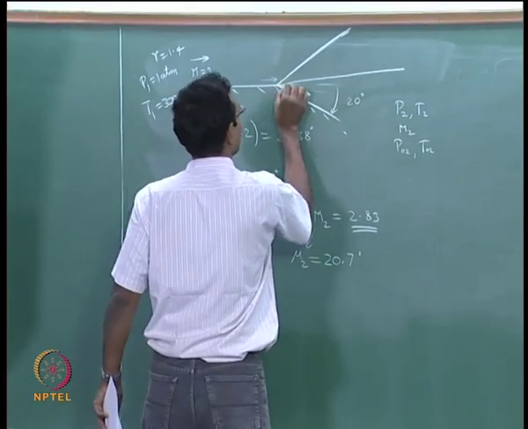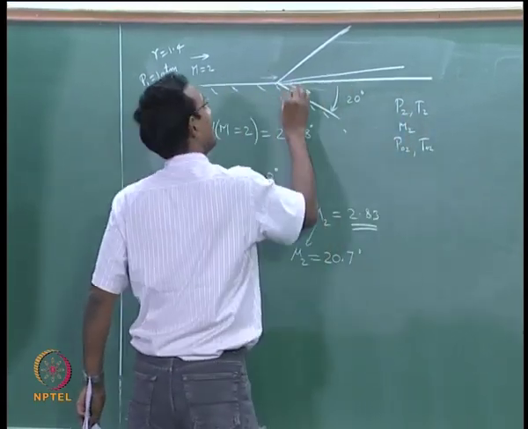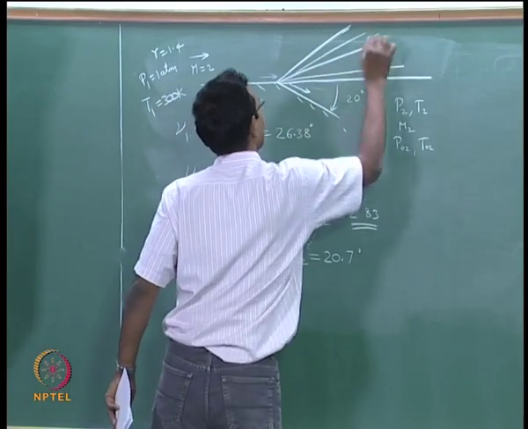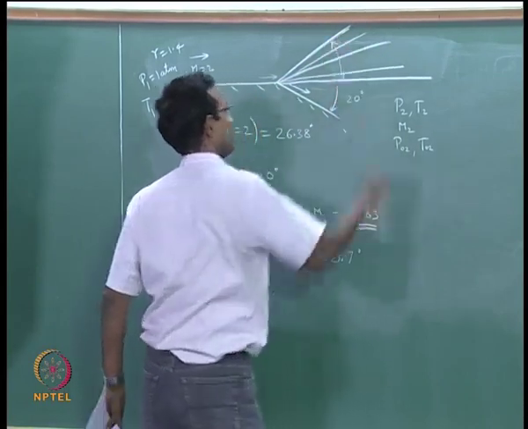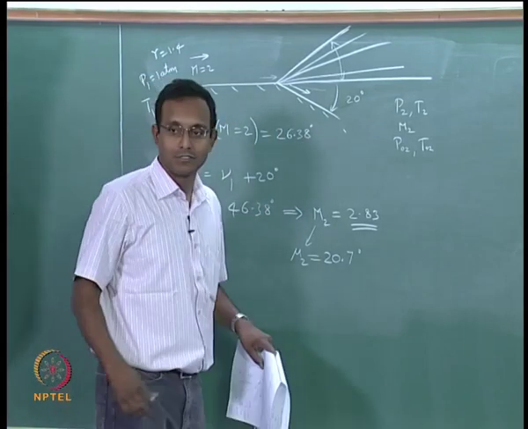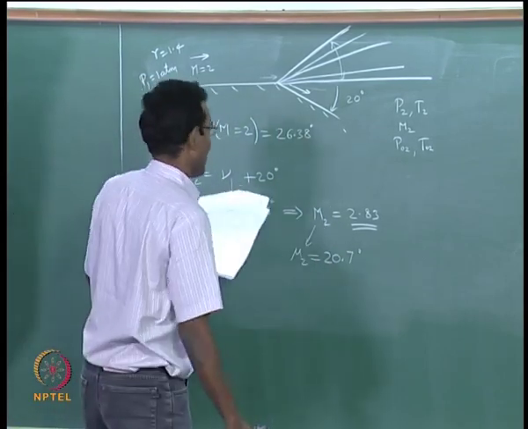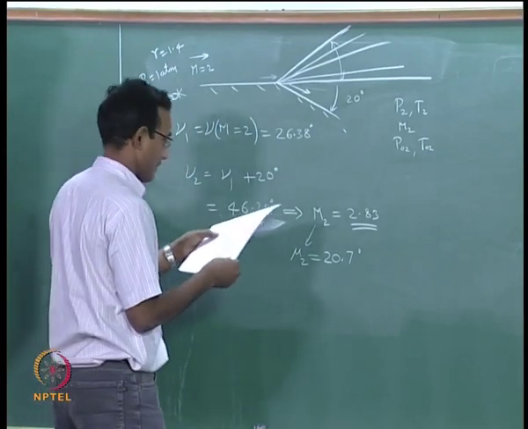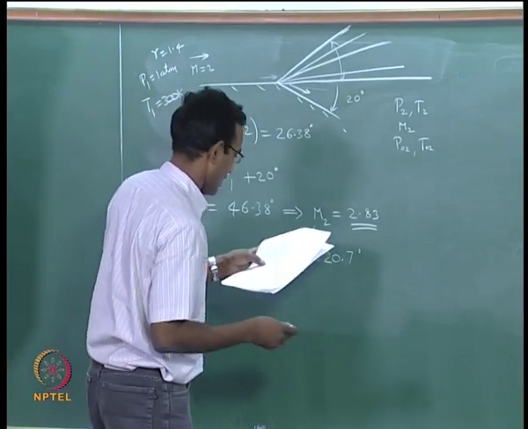Maybe I will draw one more line very close. So, this is my set of expansion fans. This whole region is my expansion fan. This is the way to draw for this particular picture. Okay. That is the easy part. Now, you have to go and find the pressures and temperatures. How will I do that?